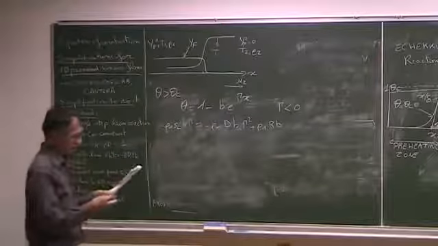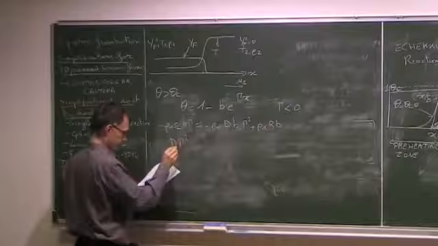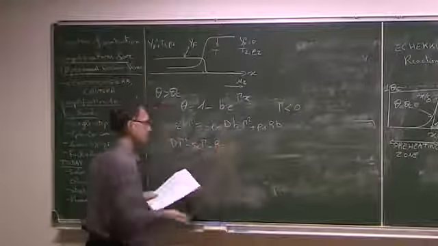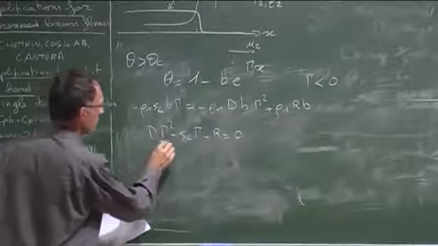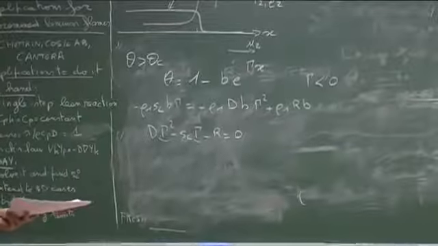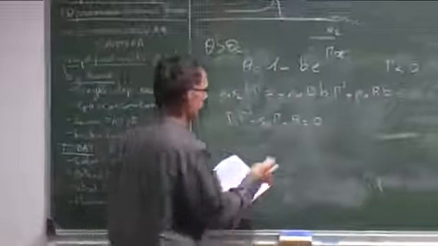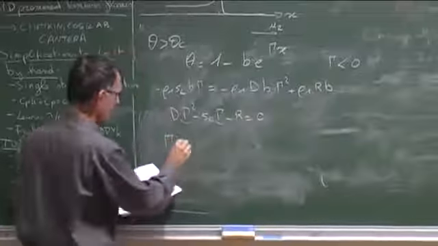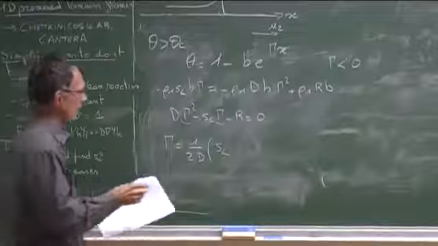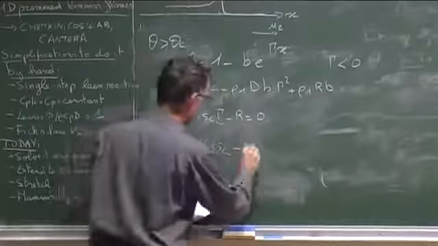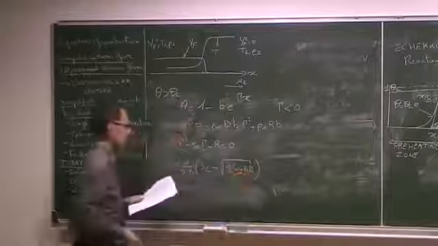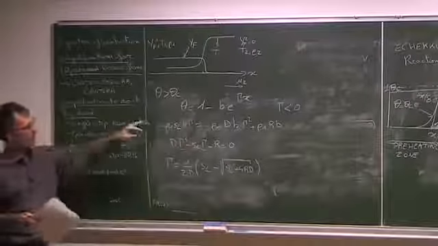And so you end up with a very simple equation, which is d gamma square minus SL gamma minus R equals 0. And the unknown is gamma. Remember, we are looking for gamma. So there are two solutions for gamma. You keep only the negative one, because we don't want the positive one. And so the negative solution of this equation is gamma equal 1 over 2 times the diffusion coefficient multiplied by SL minus the square root of SL square plus 4RD. And we got it. We have gamma.